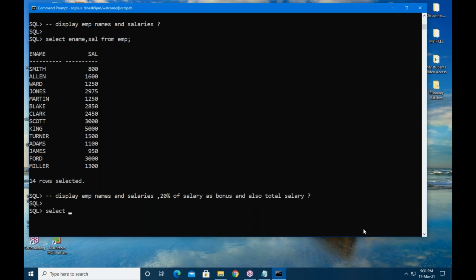Let us see. Select ename as EMP name, comma, salary as salary, comma, 20% of salary. 20% means 0.2 into sal as bonus, comma.